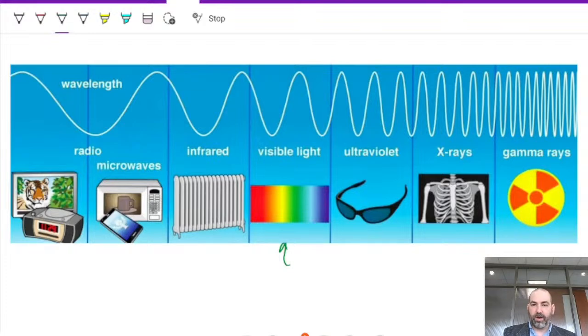Very low energy light is down here on the left, things like radio waves that propagate through space. Then as we increase the energy and shorten the wavelength, we get microwaves, we get infrared light,